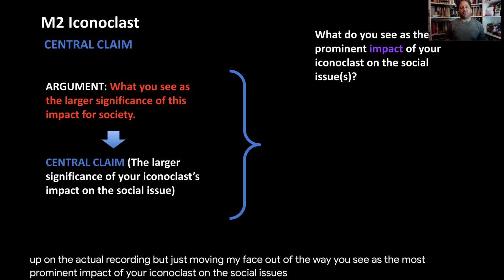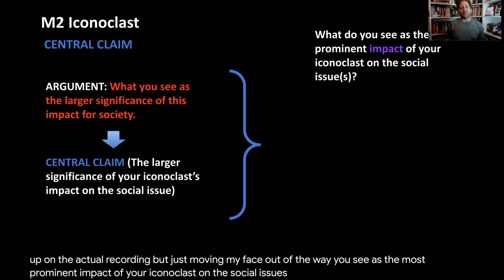Then, in terms of the consequence, they bring up that Gandhi's influence inspired Indians to fight for their own independence and freedom. So there's that notion of freedom. Remember we said in the previous slide that it was probably connecting to the central claim. There's that key term of freedom. So that was the consequence of the impact that Gandhi had in terms of this person's argument.